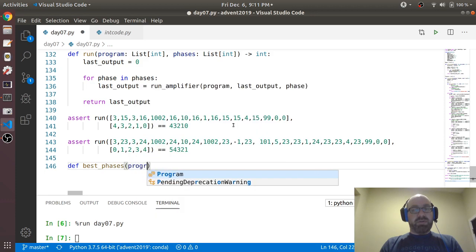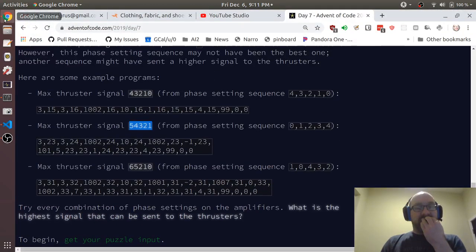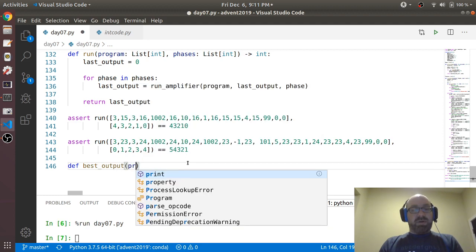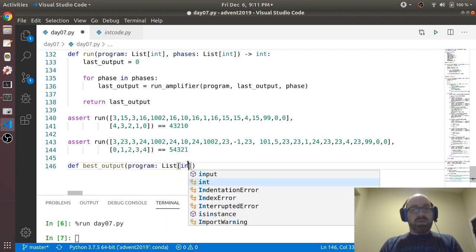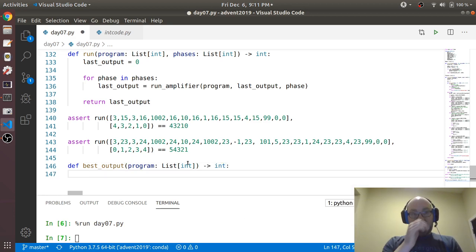So now what I want to do is find best phases. I want to find the best phases or the best output. What's the highest signal that can be sent to the thrusters? So what I want to do is I just want to say best output for program, which is a list of ints, and that's going to return an int, is